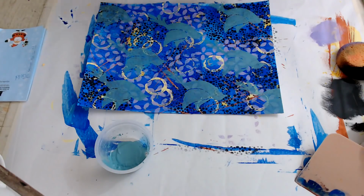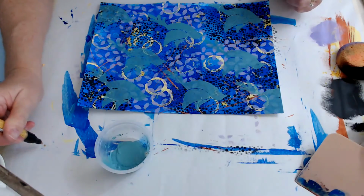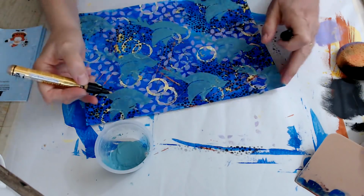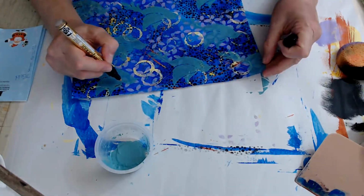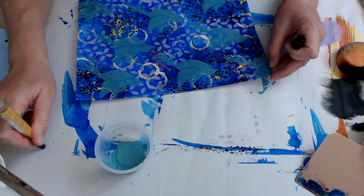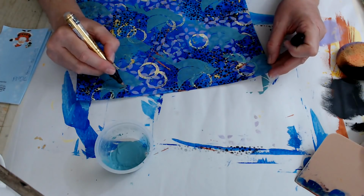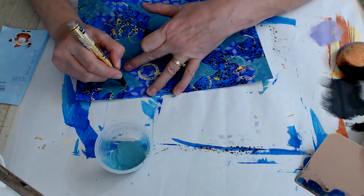All right, let's see if this will flow good today. And it's not wanting to do. I hope it doesn't mess the tip up. Well, maybe it's just not as...